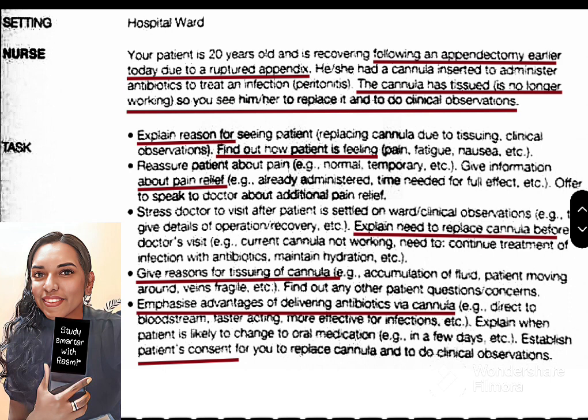And the next task will be to stress the doctor's visit after the patient is settled on the ward and clinical observation, because we need to give details of the operation and recovery. Explain the need to replace the cannula before the doctor's visit. Current cannula is not working. Need to continue treatment of infection with antibiotics and maintain hydration. So here we are explaining something because the patient has asked something and we are giving the answer. Assume the question, or else you can ask, how does that sound? We asked. So the patient's answer will be,